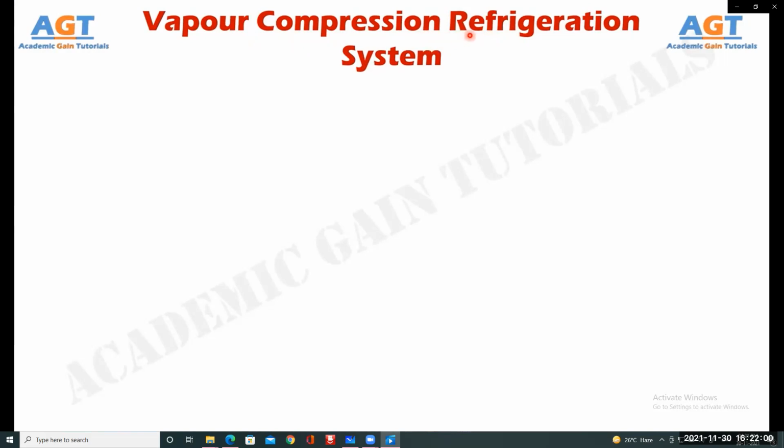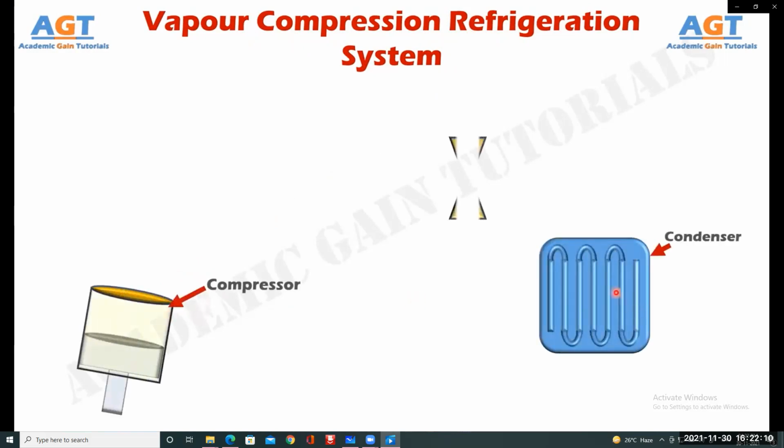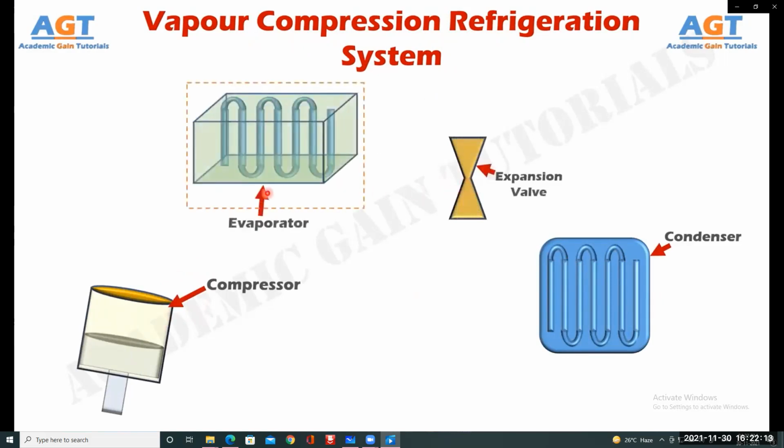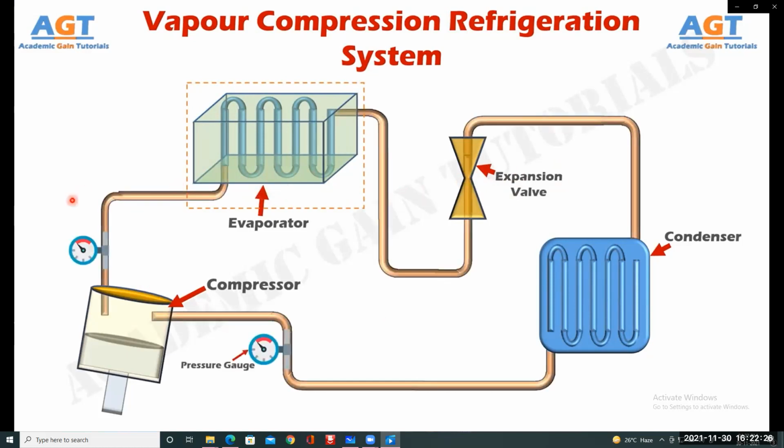Now, let's look into the major parts and components and the basic working procedure of the vapor compression refrigeration system. So, here we have a compressor, after that there is a condenser, then there is an expansion valve or throttle valve, or we can simply call it a valve, and finally, there is an evaporator. These four major components together construct the vapor compression refrigeration system. All these components are connected together using connecting pipes, thus a closed-loop system is formed, and the refrigerant for this system will flow through all these components and pipes.